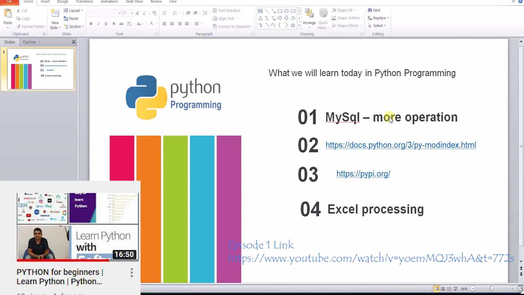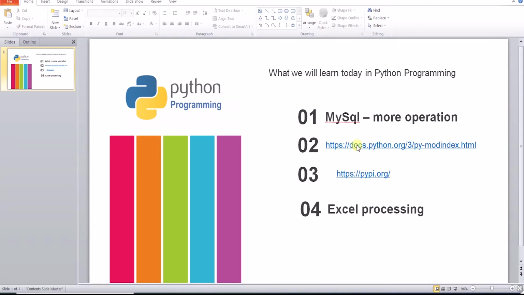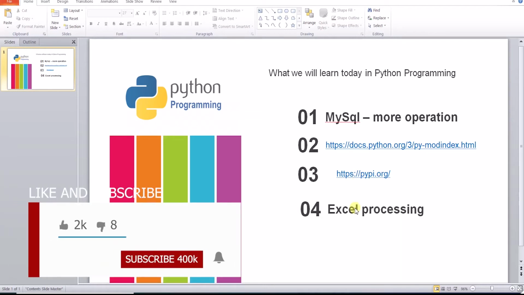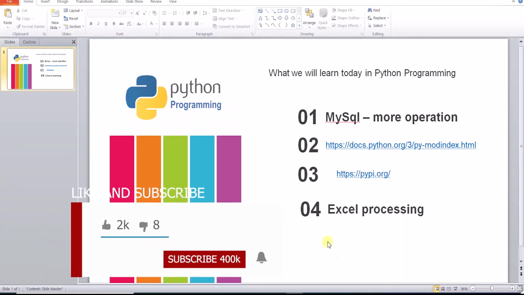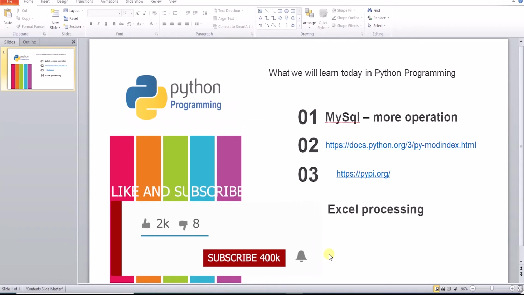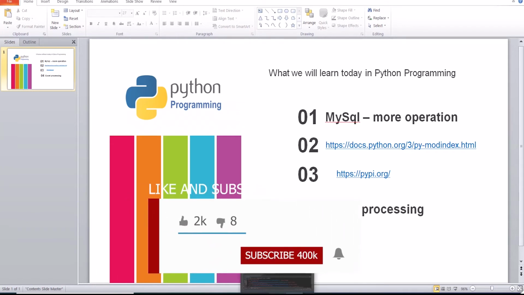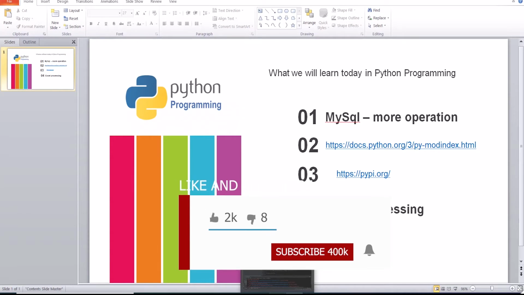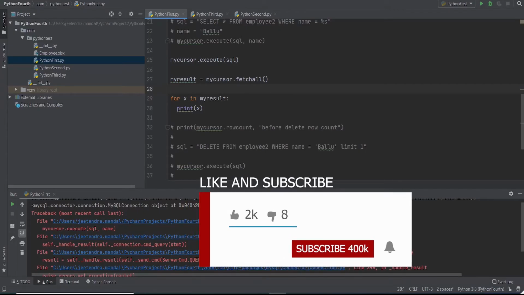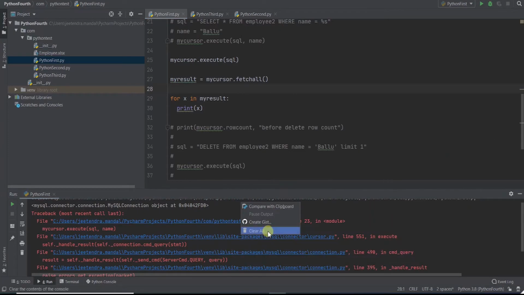So in today's training, we'll learn about MySQL. We'll do some more operations on MySQL. We'll go through some very useful Python tutorial web portals that you need to go through if you are doing Python programming, and then at the end we'll see Excel processing, how to process Excel in Python. So let's jump into the programming part. In today's session, we'll see